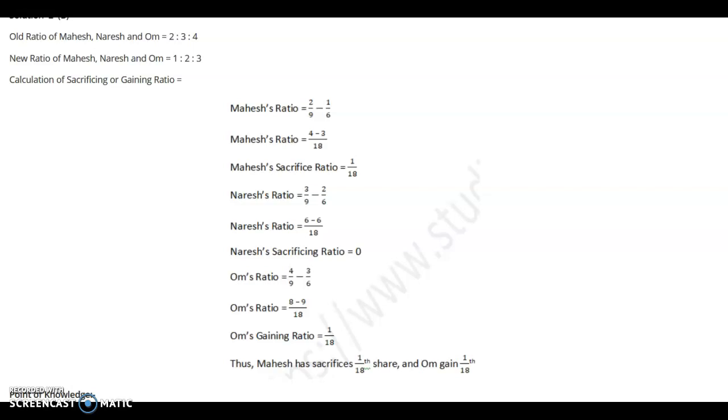We will continue tomorrow with reference to a very, very important aspect of this lesson, that is associated with goodwill. What goodwill is, what the elements or causes of goodwill are, and what the important methods of calculation of goodwill are, and also how the contribution or compensation is to be made by the gaining partner to the sacrificing partner with reference to goodwill as well as to the other elements.